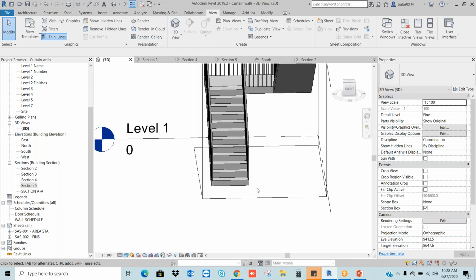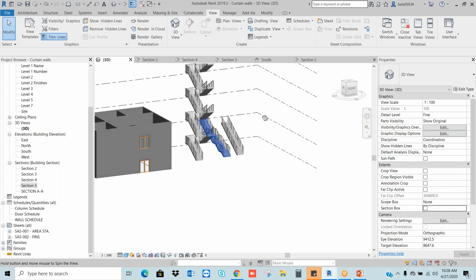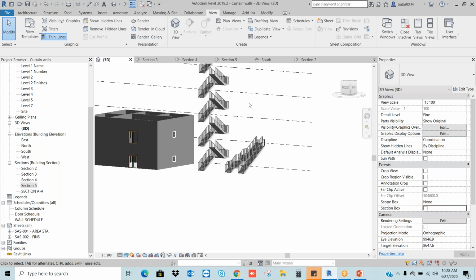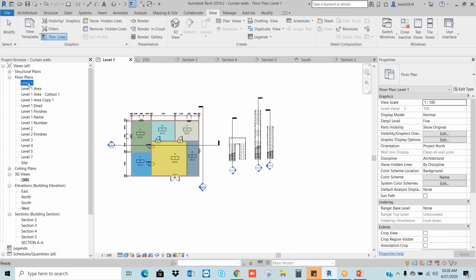If you see in the 3D, I'm going to remove the section box. You will get the staircase. This is a very basic staircase. Let's see.